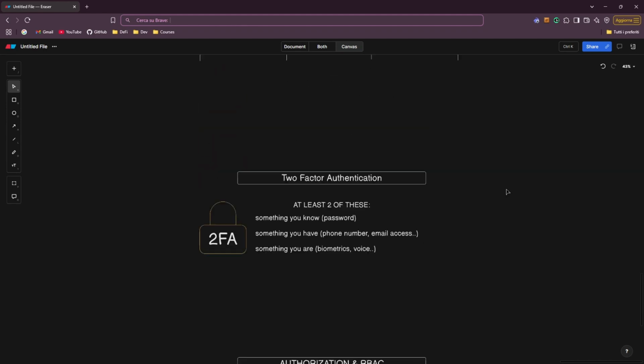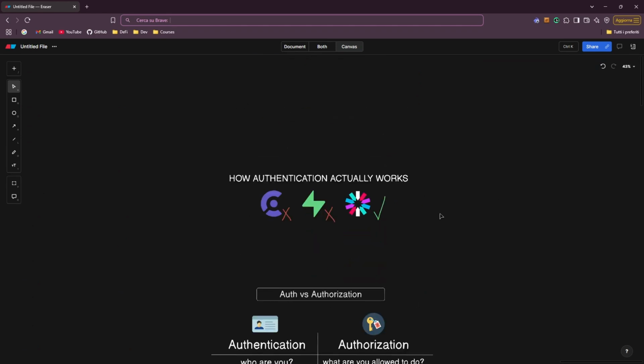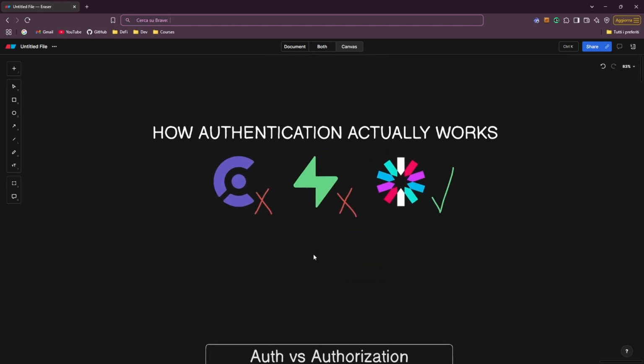Alright, we covered a lot today, but in part 2 we're going to build a complete authentication system from scratch. So if you're ready to implement what we just learned,